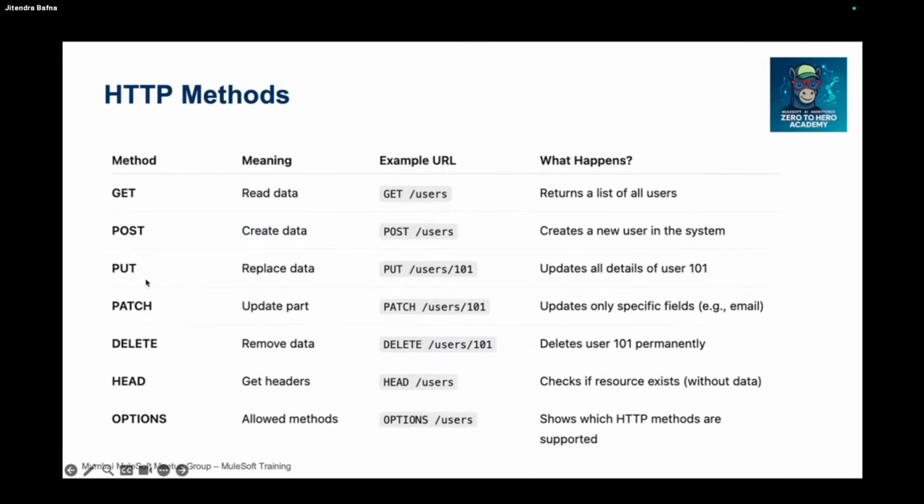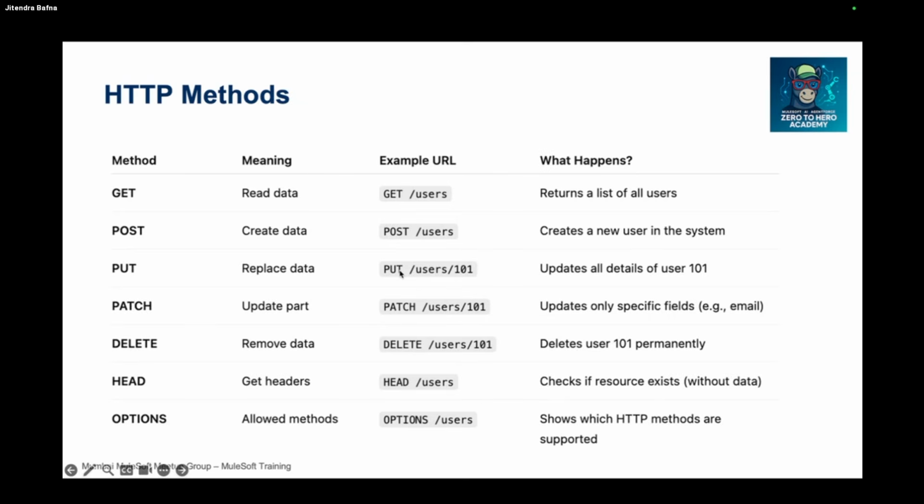Okay, these are the HTTP methods. GET means whenever you want to retrieve any data or a resource, we use the GET method. GET /users means retrieve the list of users. If I put GET /user/101, it means retrieve a single user with the ID 101. GET doesn't have a request body, it will just have a response body. POST means you want to create a resource, a user, so you simply say POST /users, which creates a new user or new resource in the system.